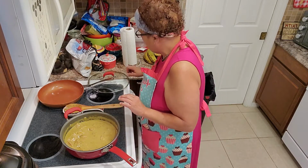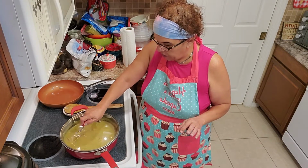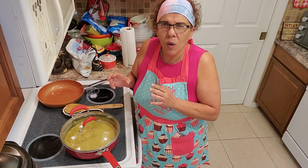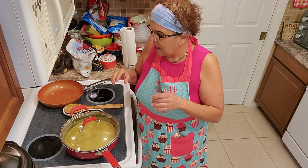We still have once I come back, I will taste it before I put my potatoes in to make sure nothing's missing, and then we will put our potatoes in. Then I'll check it once the pork is cooked, because you never want to taste anything with raw meat in it. I totally forgot about that. Sorry. And when that comes back,